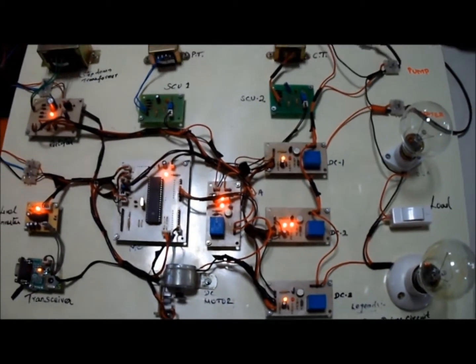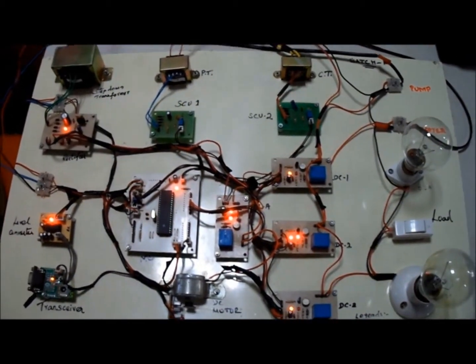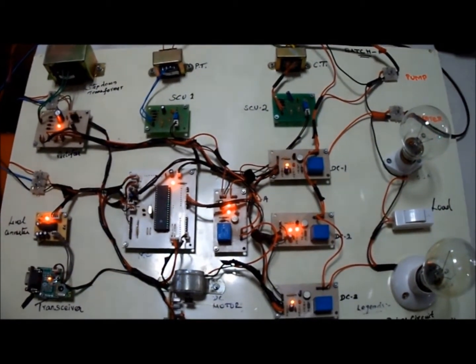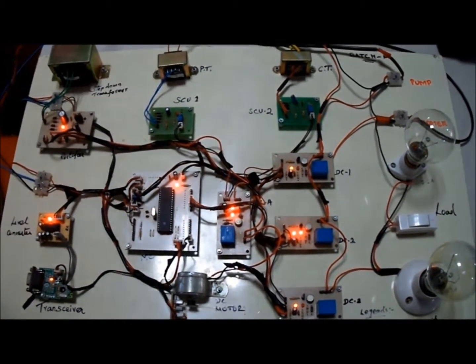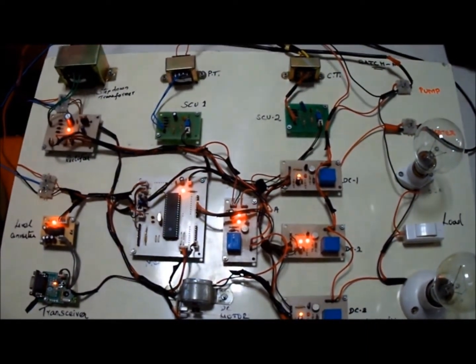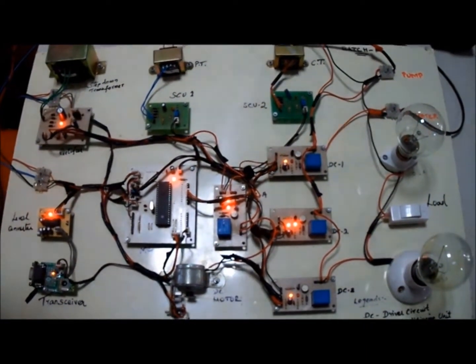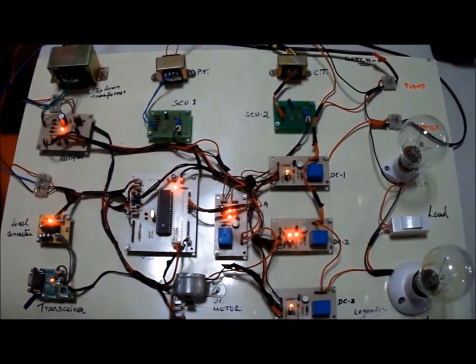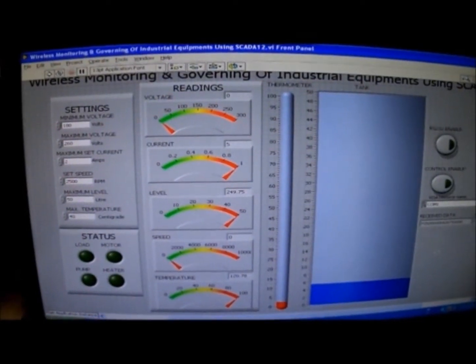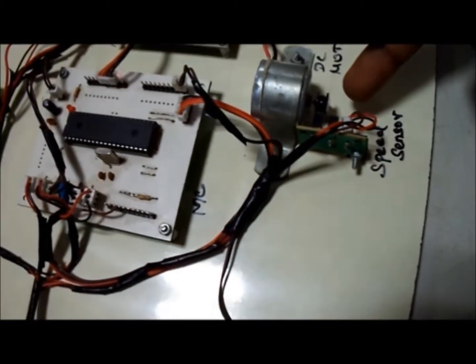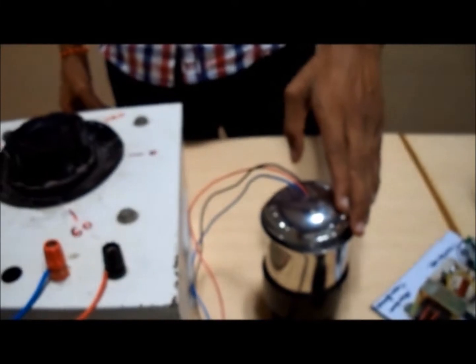This is the prototype model of the project. This project is the solution for industrial problems such as overload, varying speed of the conveyor motors, imbalance in furnace temperature, and improper maintenance of water level in the tank for the boiler. Here we are going to monitor 4 parameters: the load, speed of the conveyor motors, temperature in the induction furnace, and operation of the submersible pump for water level.